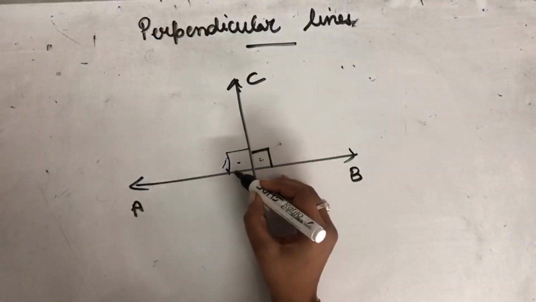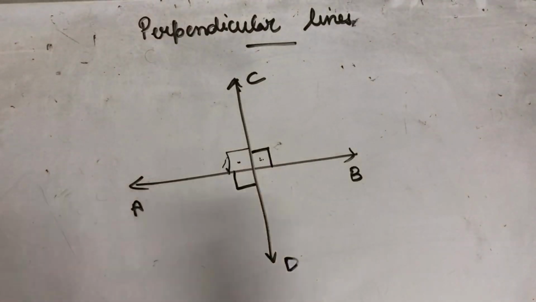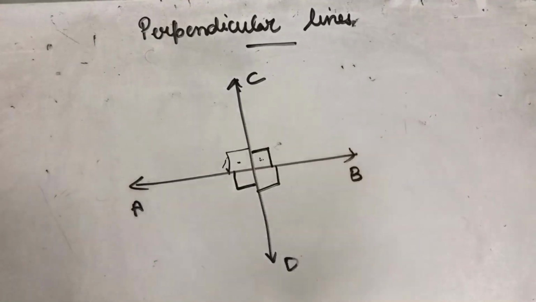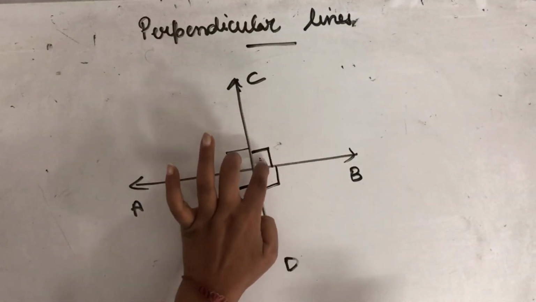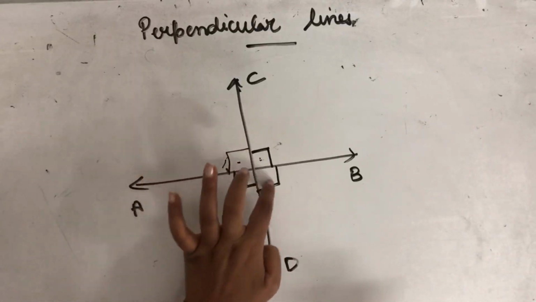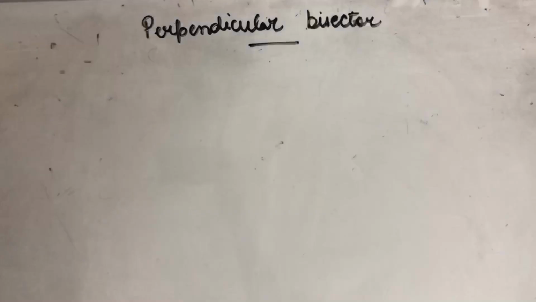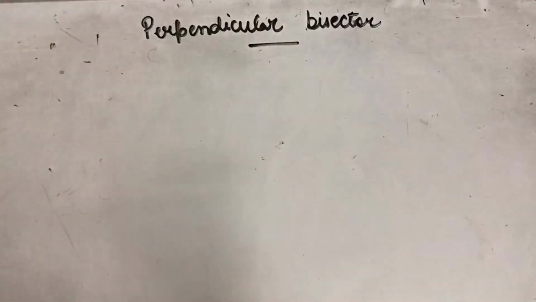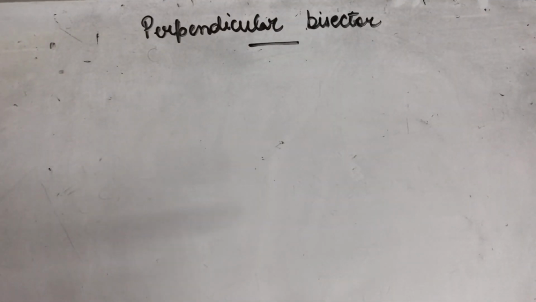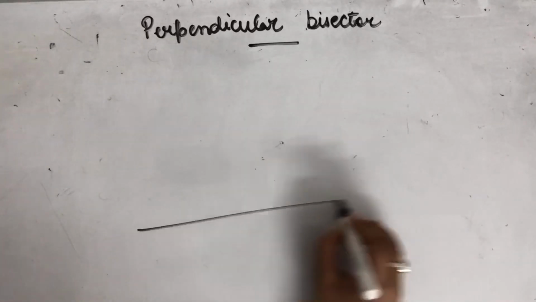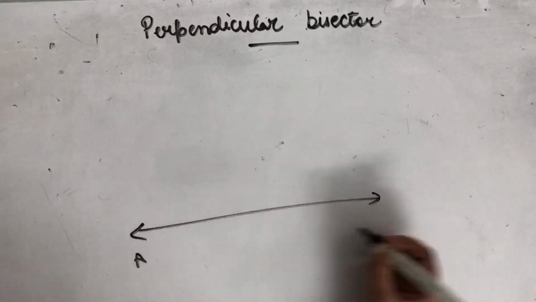So if this is 90, this is also 90. And same with this one also. So if one angle is 90 degree, then all the other angles will also be 90 degree. Now next is perpendicular bisector. What do you mean by bisector? Bi means two. So it means when the lines divide each other in two equal parts, they are known as bisectors. So let's say this is a line AB